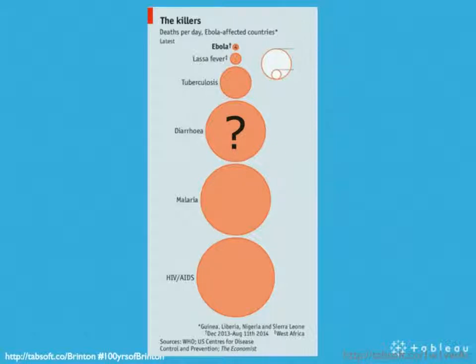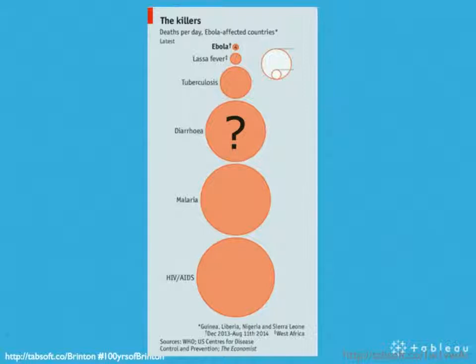countries. And the point of the article that went with this was that, well, Ebola is really bad, but there are still really big diseases killing more people. So I've taken the numbers out for now, except the one in the circle at the top. Ebola, that circle at the top, the number 4, shows 4 deaths per day in the countries. And that circle represents 4.